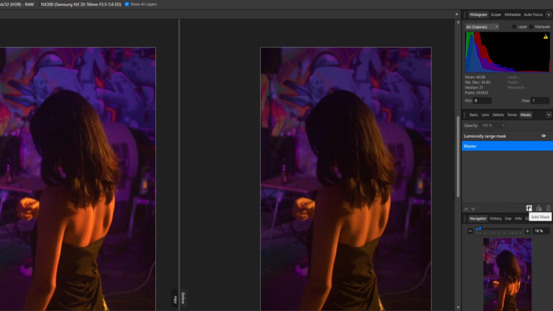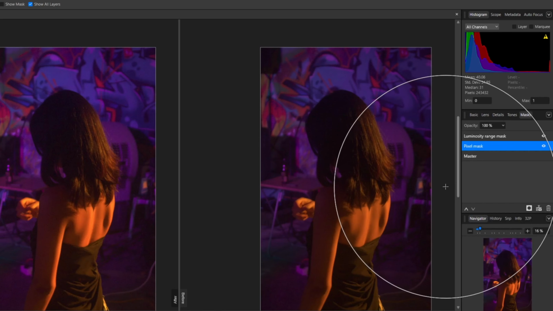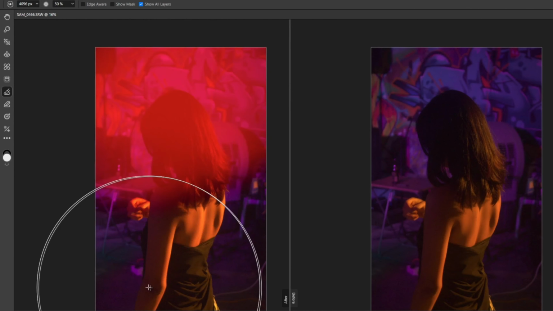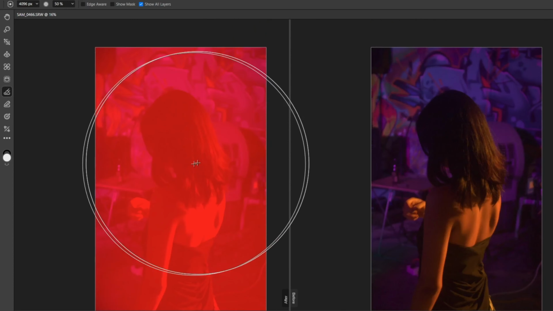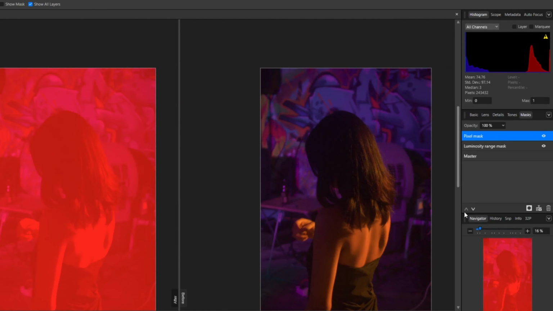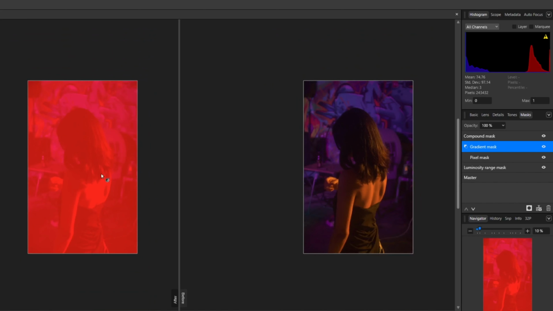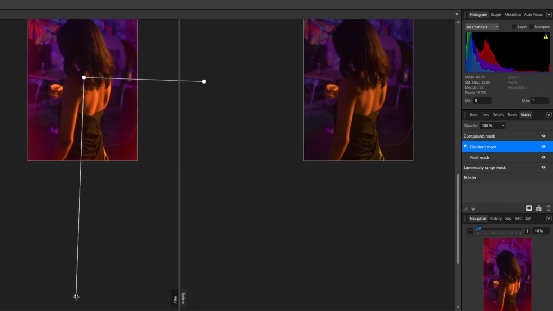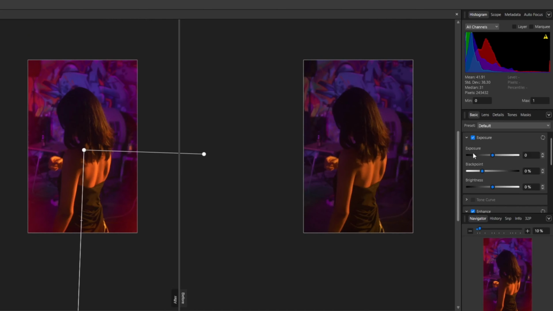So maybe lastly, we can add a vignette, and I'm just going to go ahead and create a very simple vignette by selecting everything in one mask, like so, moving this up, and then creating a compound mask with a gradient, setting this to subtract, and then using an elliptical mask like so. Increase the feathering a bit more and increase the size of the mask like so, and